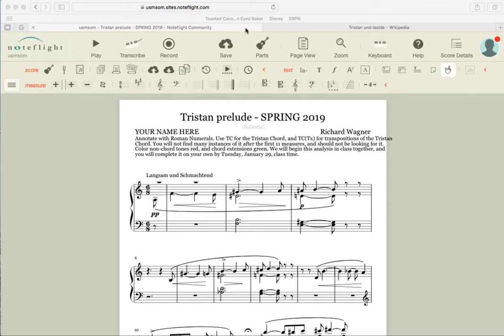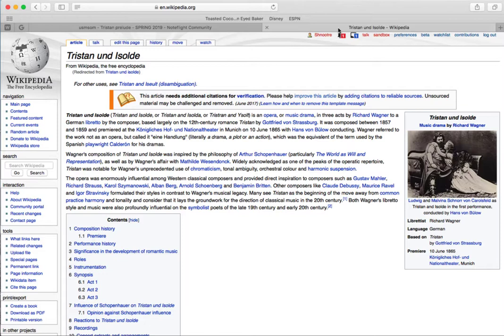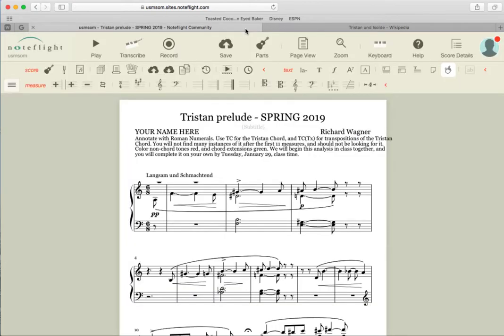I suggest you go to Wikipedia and at very least look up Tristan und Isolde and learn about this mid-19th century opera by Richard Wagner, which is always the place I begin music theory and oral skills for. It is a seminal work and a very important work, and I am going to talk a little bit right now about some